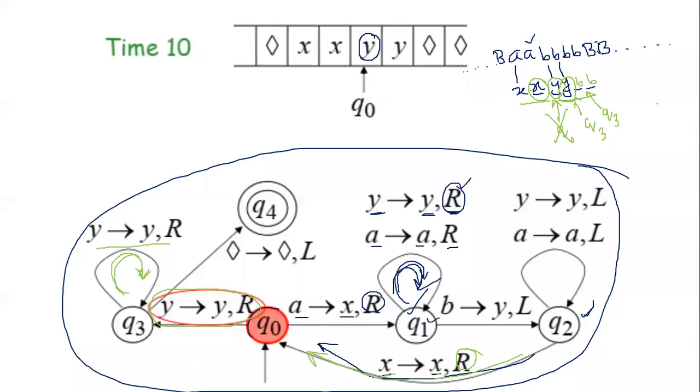And you see there is no transition function written for this situation. If you are in Q3 and if you get a B, what will happen? It is not defined in this state diagram. That's why the machine will halt. And you are in state Q3, which is not a final state. That means this particular string will not get accepted.